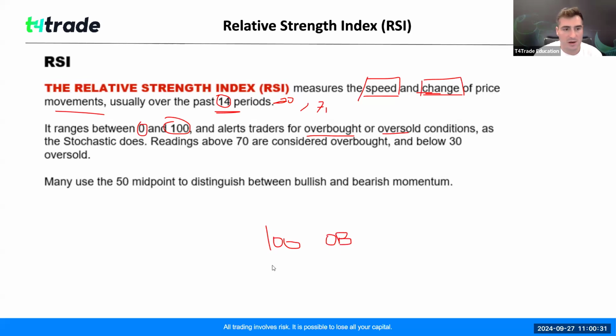Okay, you have the 70, you have the 50, you have the 30, and these are not fixed, by the way, except 100 and 0. Those are fixed for sure, and the 50. 70 and 30 are adjustable, okay? But those are the levels. So 0 is